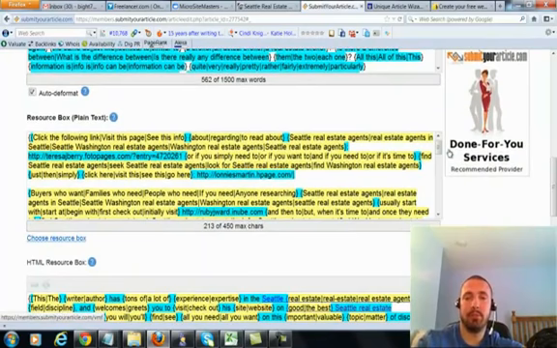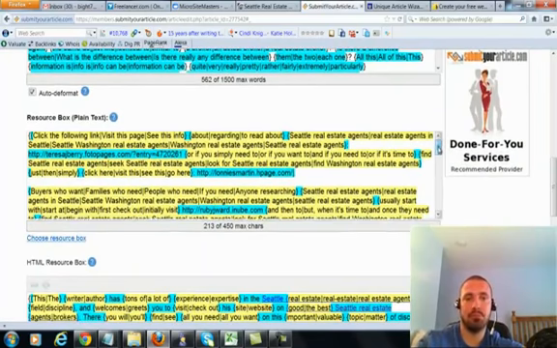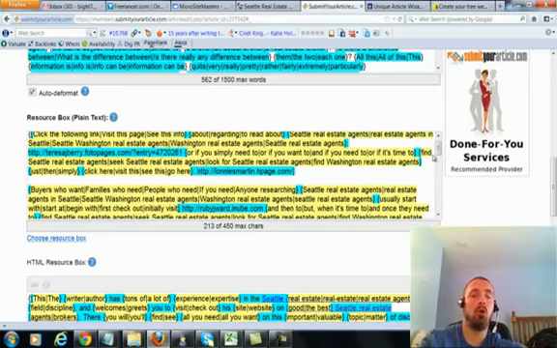So let's get to the important part, my resource boxes. Now remember, this is the one where we're only doing Web 2.0 sites. So I'm going to create 5 resource boxes for SYA and 5 resource boxes for my UAW submission. My 5 resource boxes for SYA will have my first 10 Web 2.0 properties, and then my 5 resource boxes for Unique Article Wizard will have my last 10 Web 2.0 properties, because I ordered 20 total, and each resource box gets 2 links. So 10 resource boxes total, 5 for each service. That gives us 20 links. Okay.